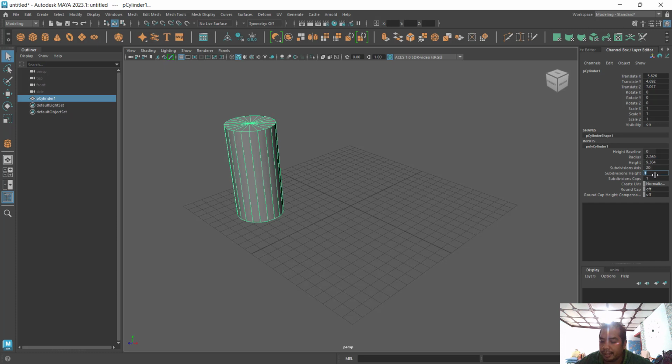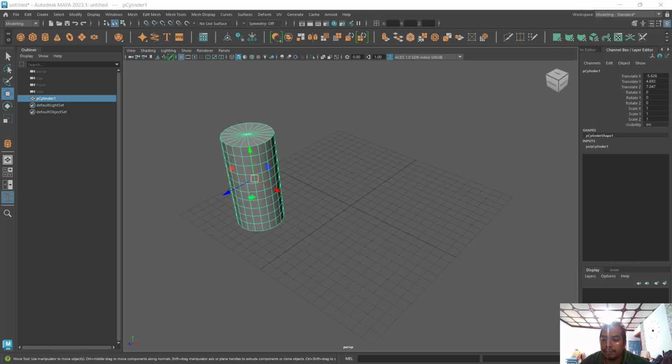You just add here, let's say, 10 segments in the height subdivision. Height subdivision means the subdivisions of the height here, so it will add edges and vertices there. Okay, next, after I have added those, I will go to my move tool and let's say I'll